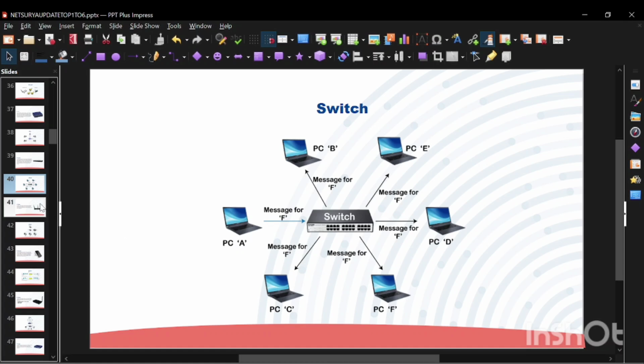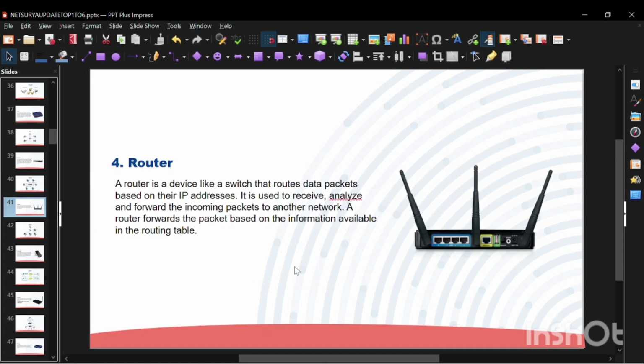Now come to the next, that is your router. Basically, a router is a smart network device that connects different networks together, especially your local network to the internet. Imagine you live in a house with many rooms. Each room has people, your phone, laptop, TV, but they want to talk to someone outside the house, and they all go through one main gate.